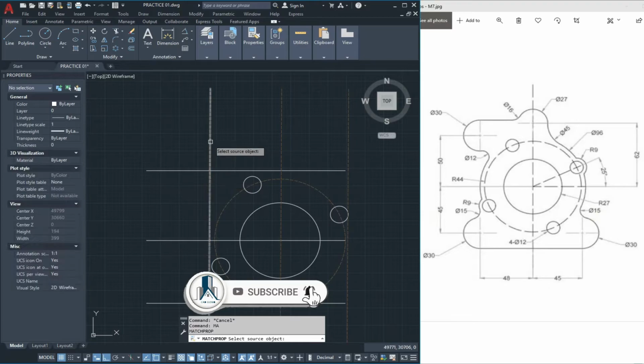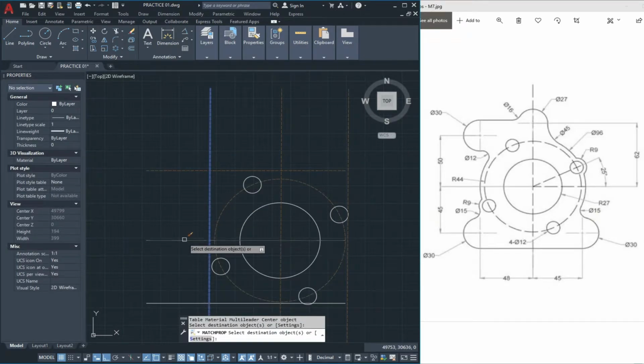And with the match properties command, we change the properties of these lines.